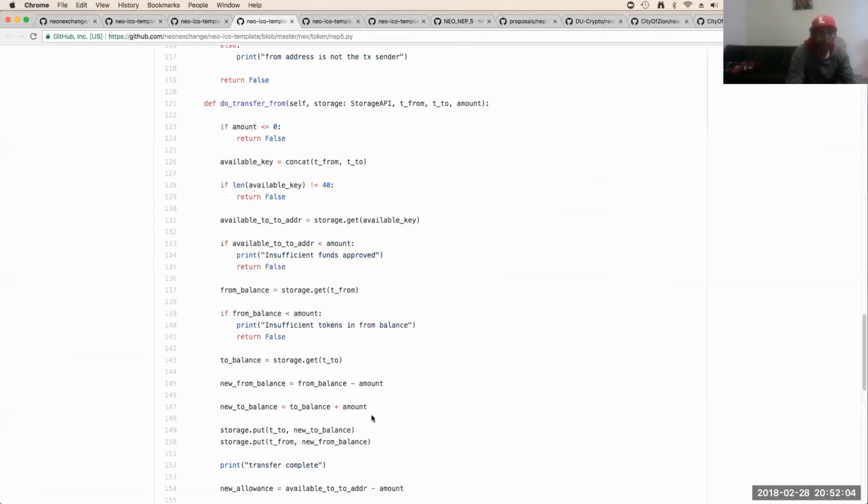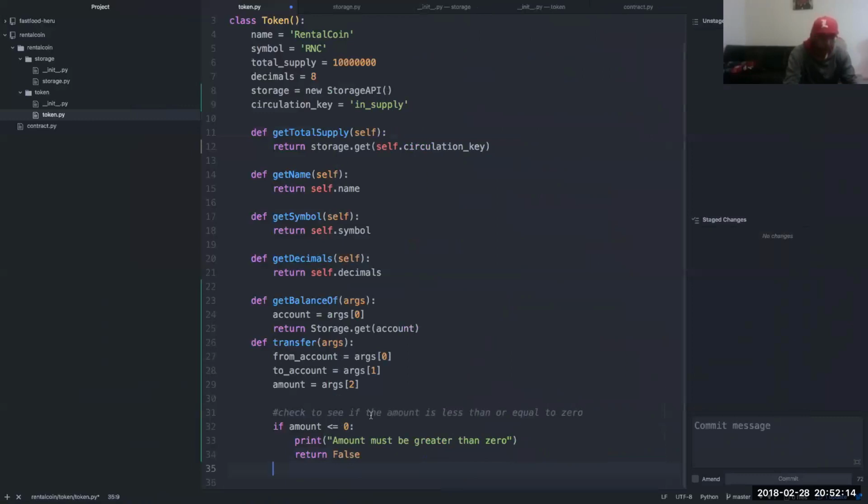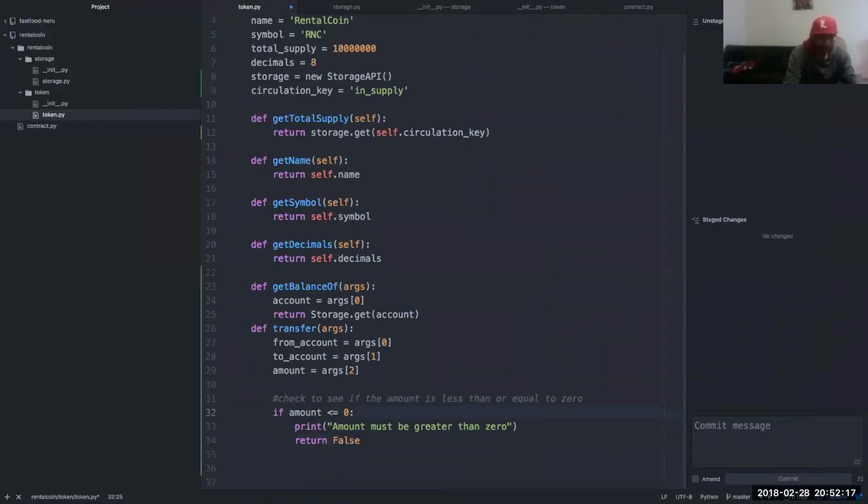Next thing we want to do, we're not worried about the available key. All right, so we're going to grab the from balance. From balance equals storage dot get from account.